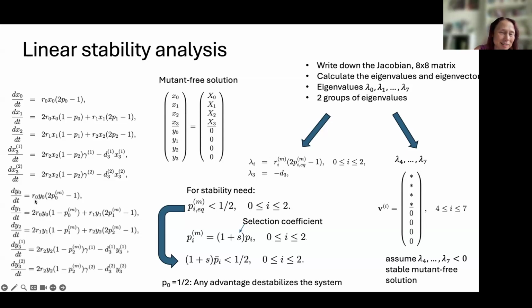Having a faster division rate usually is associated with advantage, right? But not in this hierarchical system. Here, a more important role than the division rate is played by the probability of self-renewal. This is what defines the sign of the eigenvalues. Okay, so let's focus on this one. I suppose that for advantage, I have to multiply